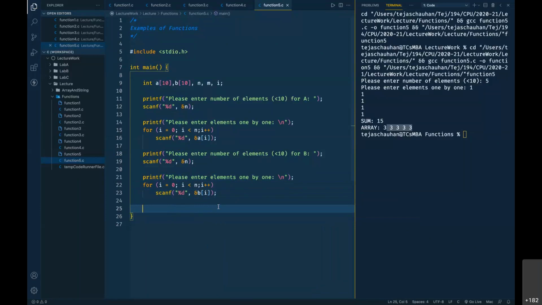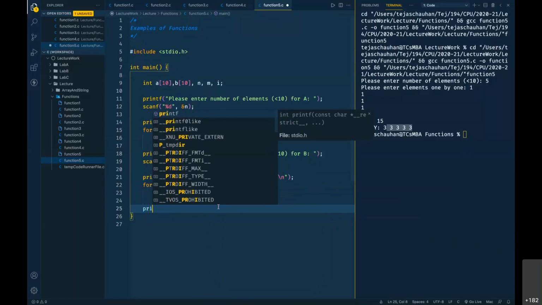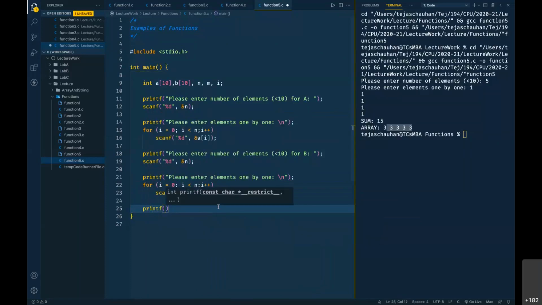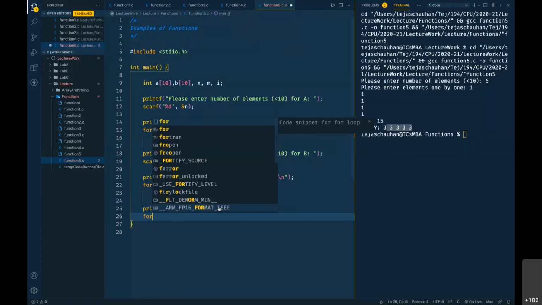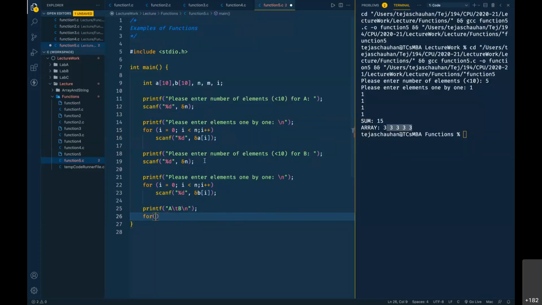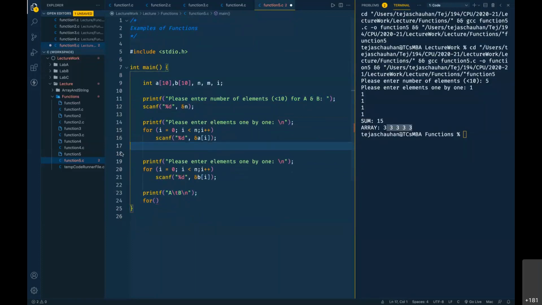And then what you can do is print your A and B arrays in, let's say, tabular form, or however you want to do it. Let's say we want to go for tabular form, so A slash t B here. Okay, and then we are going to run a for loop. Let's do the same number of elements for A and B, so the table can have an equal number of rows.